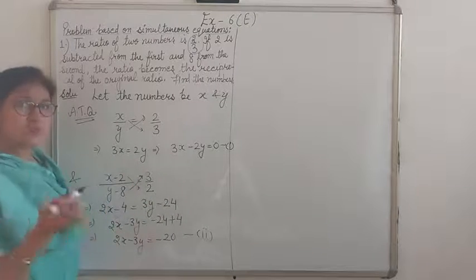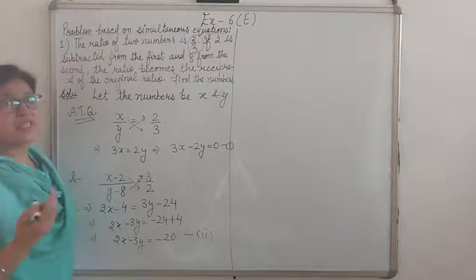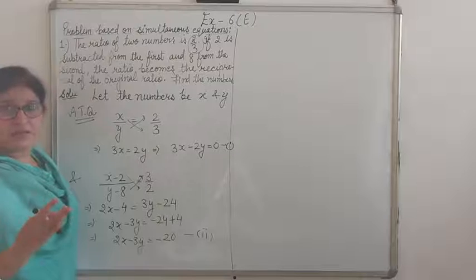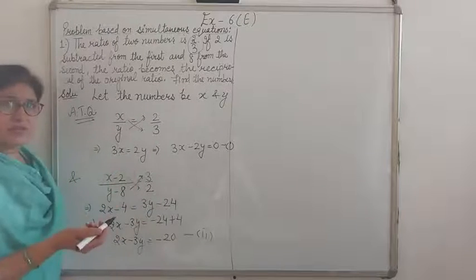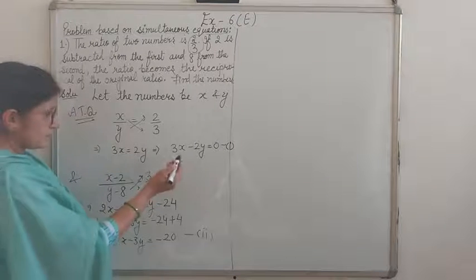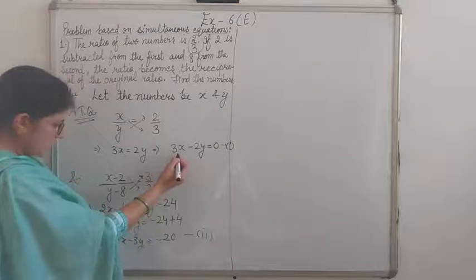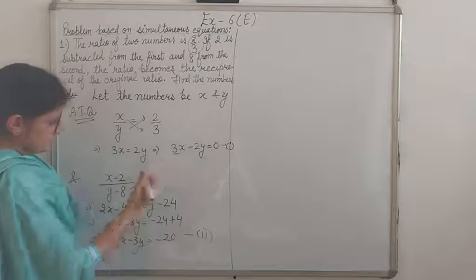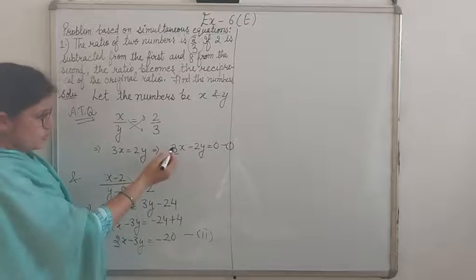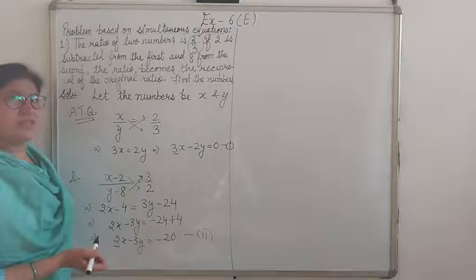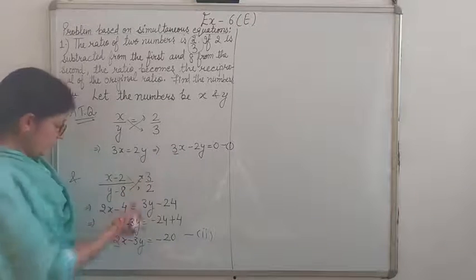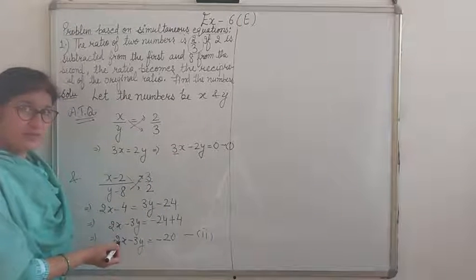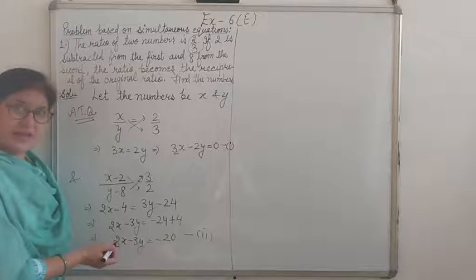Now you can just remember about previous exercises. Both the equations, the two simultaneous equations, are given, then how to solve them. There are three methods. You can choose any one. So I am going with equating the coefficient. Here I want to eliminate x. So LCM of 2 and 3 is 6. To make it 6, I have to multiply by 2. And to make it 6, which number will I multiply? We have to multiply by 3.